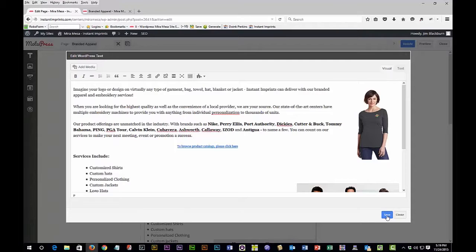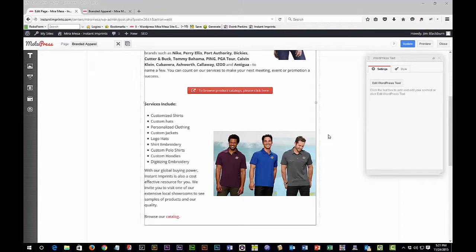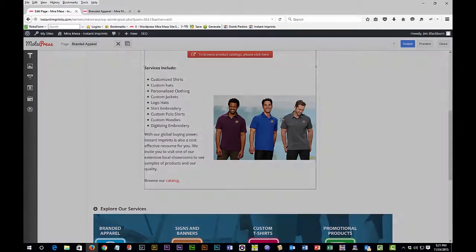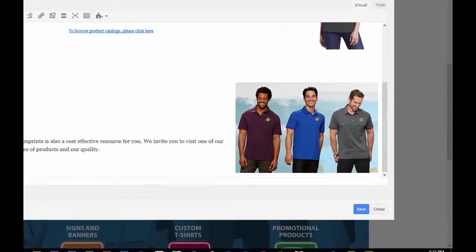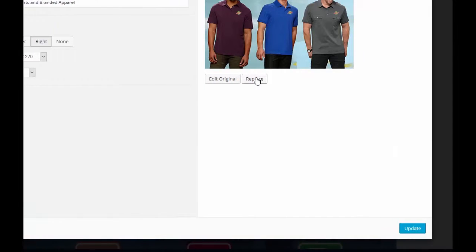And when we're done, we want to make sure that we click Save down here. And then when we go back to this main page, we want to make sure that we click Update, which will make this live. So if I wanted to edit an image here with a different one, what I could do is click on the image. It'll bring up the Edit WordPress text section. I could come down to that image, click on the pencil item, and you'll see that there is a Replace